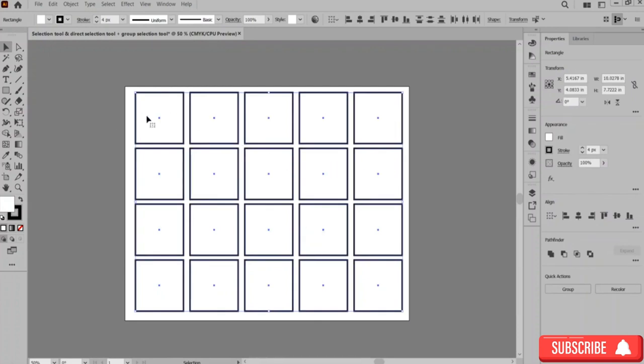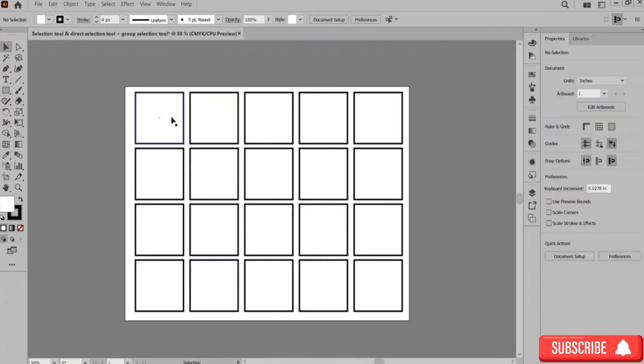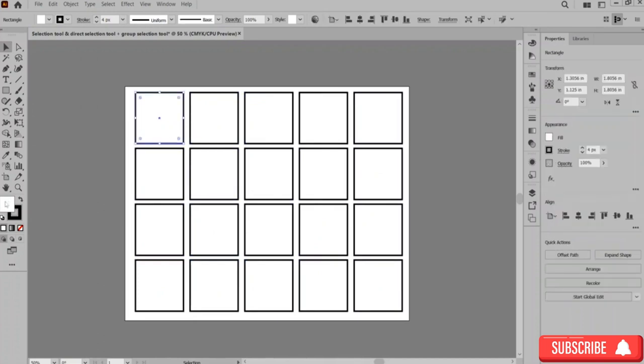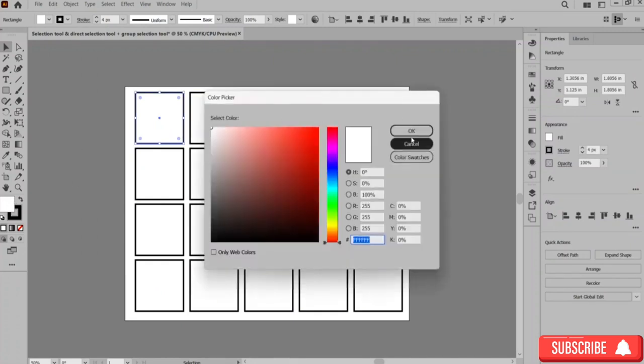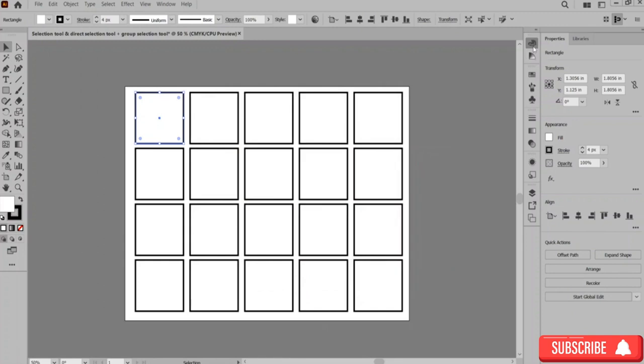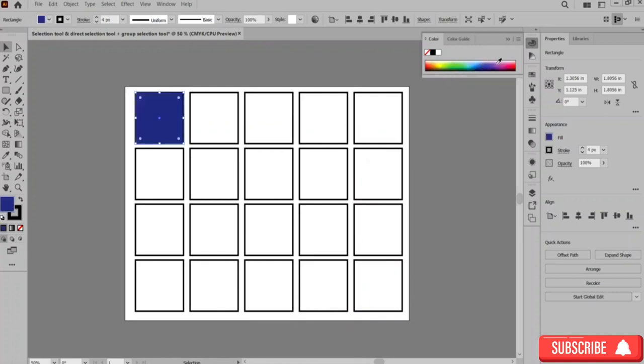All right, now what the selection tool also allows you to do is basically select an object and change its color. Now you can either go over here, double click it and select a color from our color picker, or you can go over here to the color option and then select a color over here, and now you can see that it readily changes its color according to the one I want. Okay, I can select this one, let it be yellow, this one let it be navy blue, red, let's say this one has black,